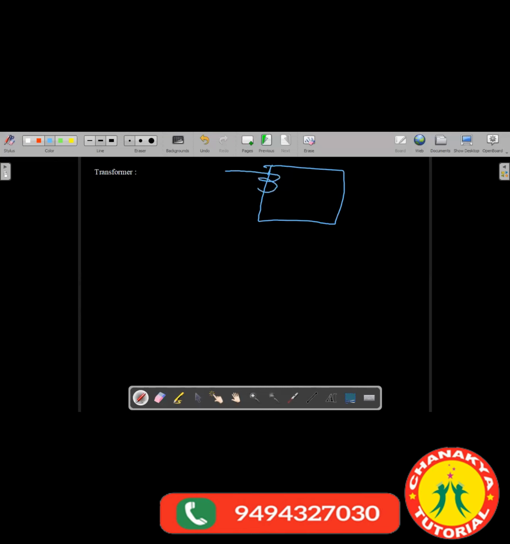So here we put two coils. This is your primary coil P, and here you have the secondary coil. Whatever magnetic field is created in the primary, that magnetic flux is linked with the secondary. There is no direct flow of current from P to S, but the magnetic flux of the primary gets linked with the secondary. So there will be a changing magnetic flux through the secondary, and